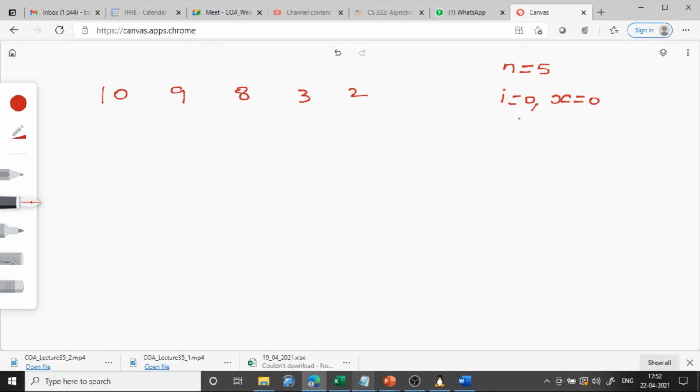So what you have to do is compare a of i. Let us assume the array name is a. So this is the logic. If a of i plus x is less than a of i, which is not supposed to be, because the element at the beginning, i, comes before i plus x.